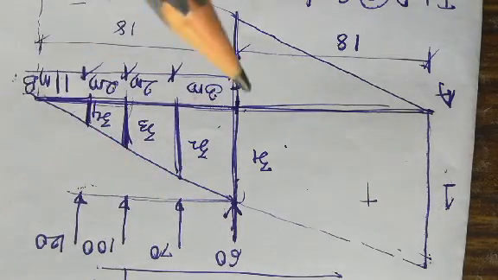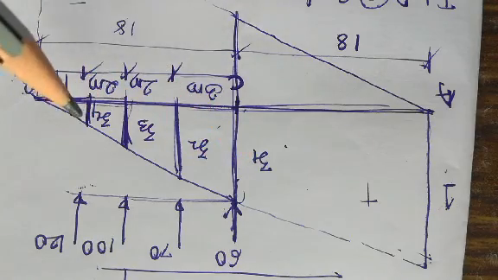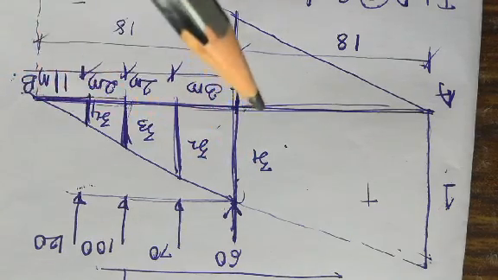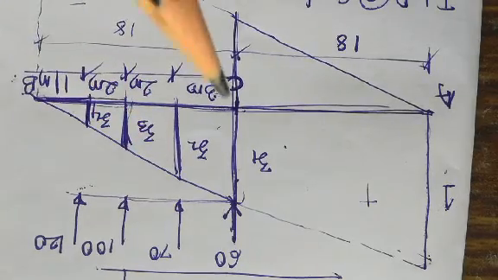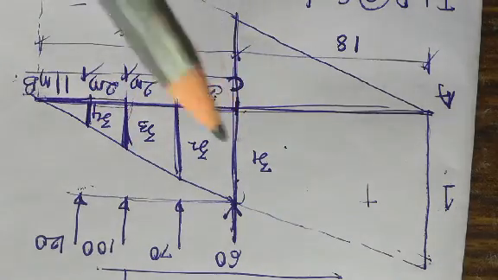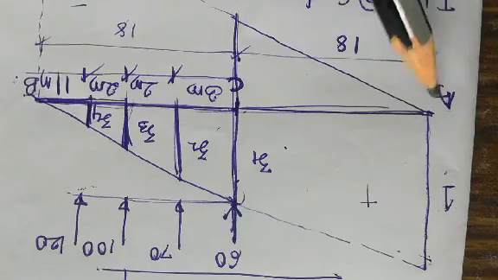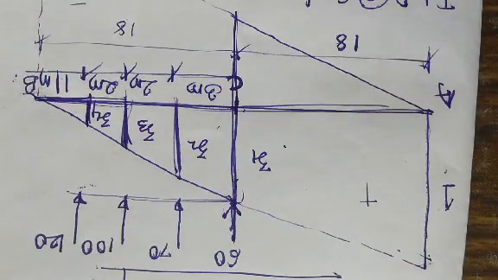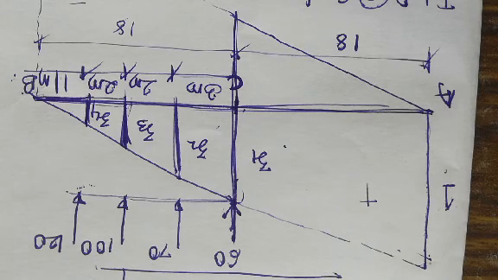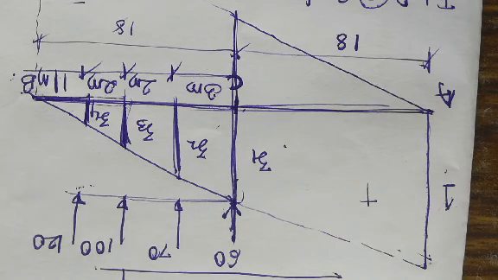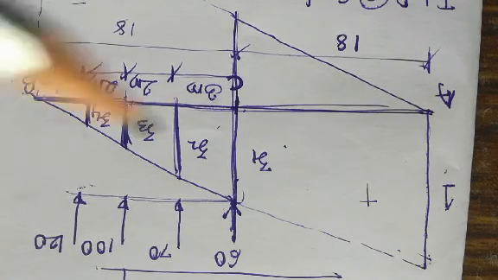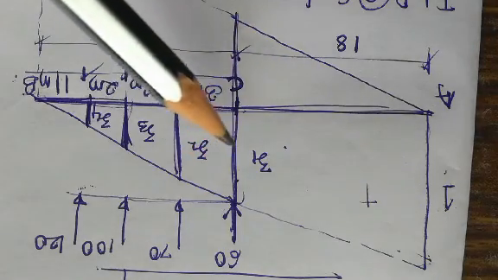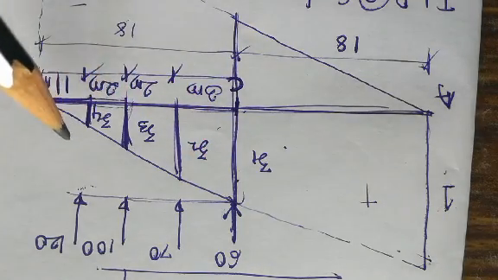Rearrange the other loads. Now calculate Z1, Z2, Z3 and Z4. In my previous section also I have told you why this is not 1, because this is not placed exactly at the support. Anywhere other than the support, you get the ordinate less than 1. So let us calculate the values for Z1, Z2, Z3 and Z4.